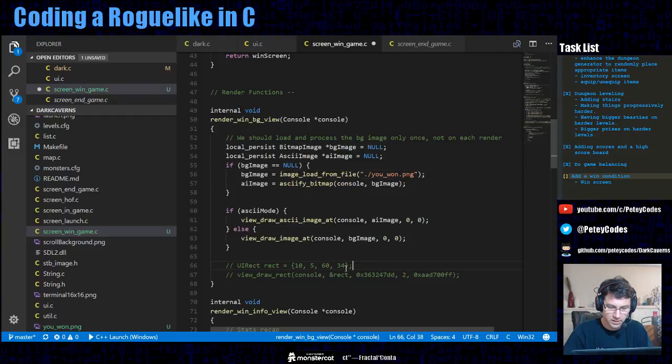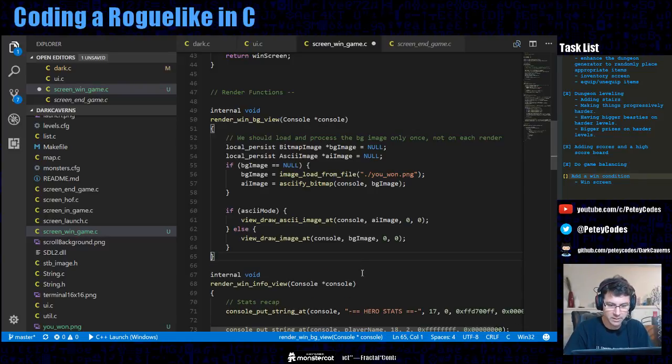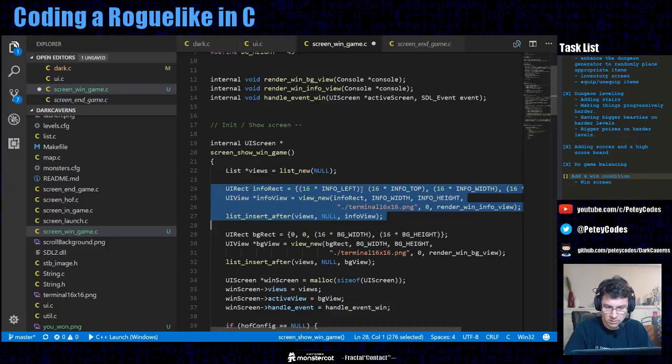I don't know that I want to have that border. Let's get rid of that. Not going to add that back in. Let's see what happens. We've got our info view. Let's pop that back in. But we're not going to put it...